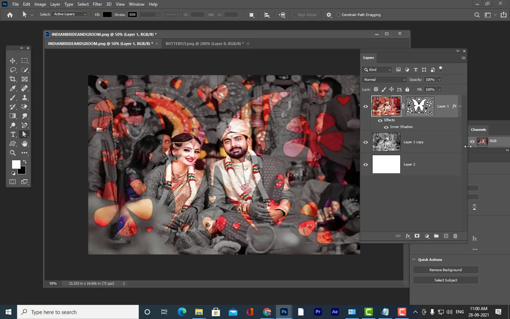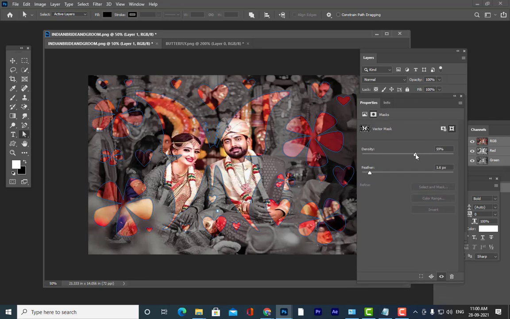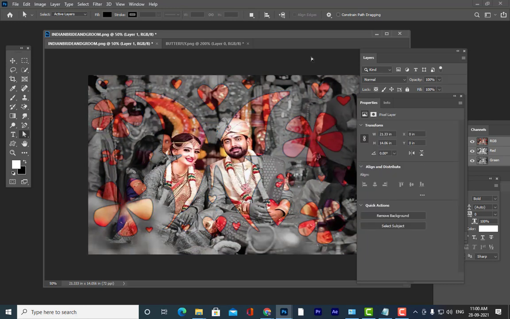Okay, so I will give you one assignment on this. Just finish off the mask with this vector mask. See the density. As you keep reducing the density, what will happen? You can see the background here. So you can actually use a combination. If you increase the density now, you can get a mix of this color and black and white. Are you all able to understand? Yes, sir.